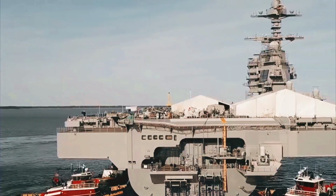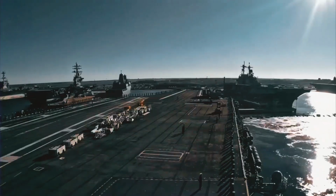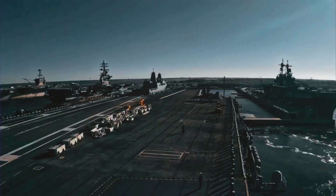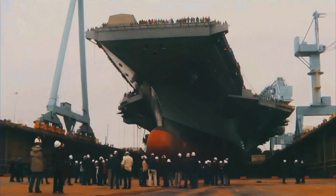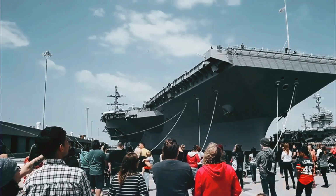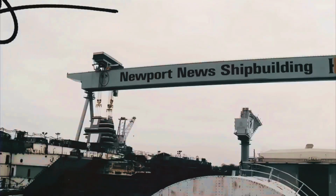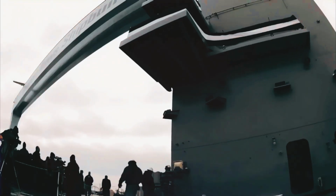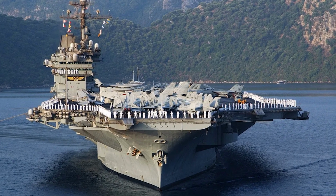These true floating cities not only project American power, but also serve as a deterrent and reassurance for allies, while discouraging potential adversaries from any aggression attempts. The readiness and rapid response capability of these forces are evident in crisis moments. For example, following the Hamas attack on Israel, the USS Gerald R. Ford Strike Group was deployed within hours to the Eastern Mediterranean, demonstrating the quick mobilization capability only a robust naval